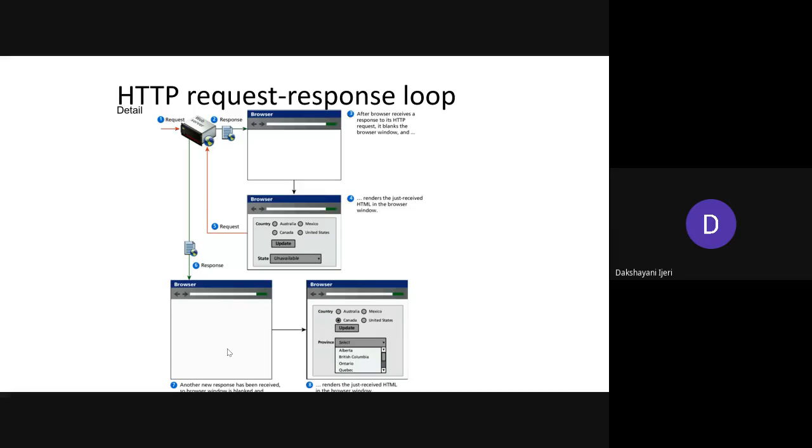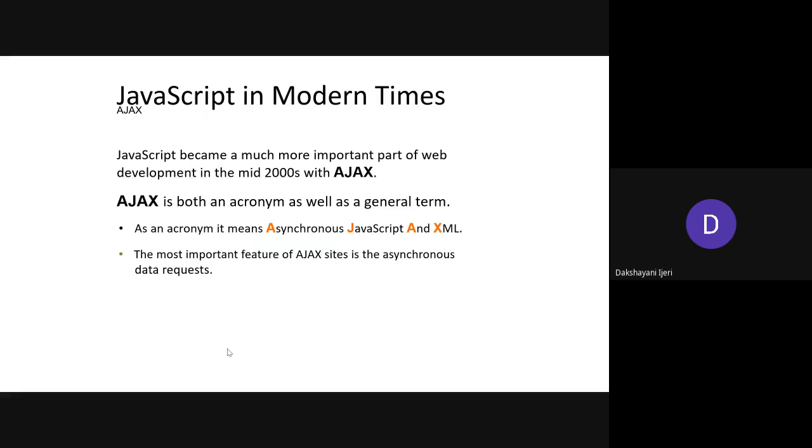This can be avoided by using JavaScript. That's why we said that in some cases where you are able to perform some operations at the client side itself, you are going to use JavaScript over there, which is termed as AJAX. So what does AJAX mean here? Asynchronous JavaScript and XML.